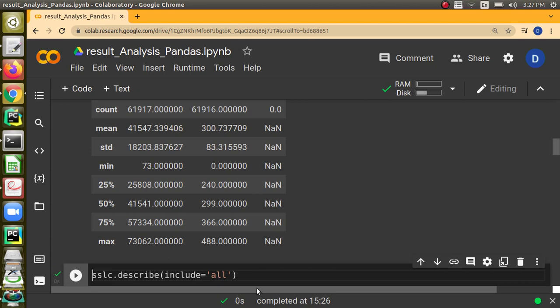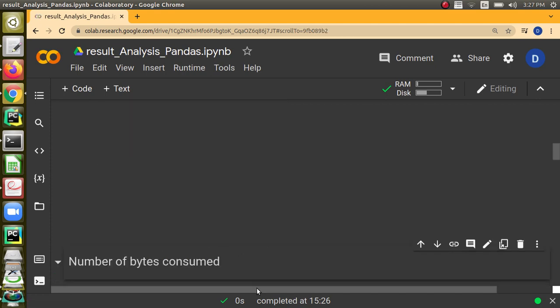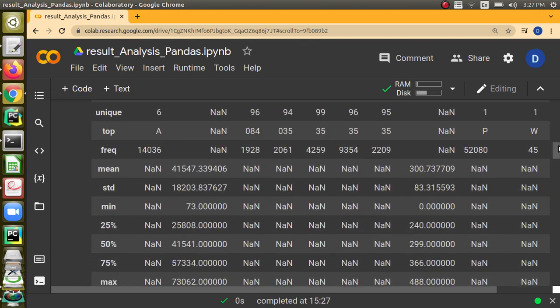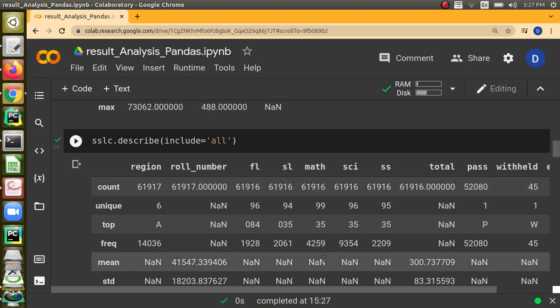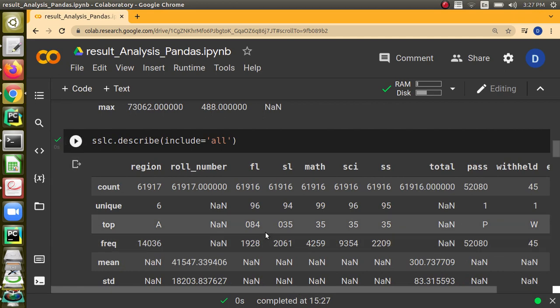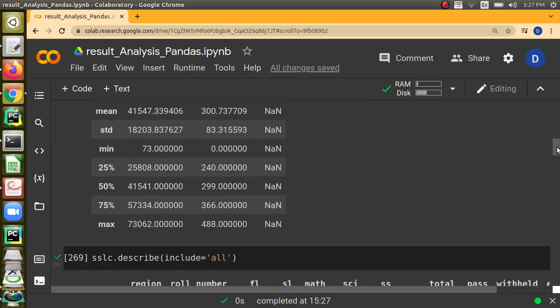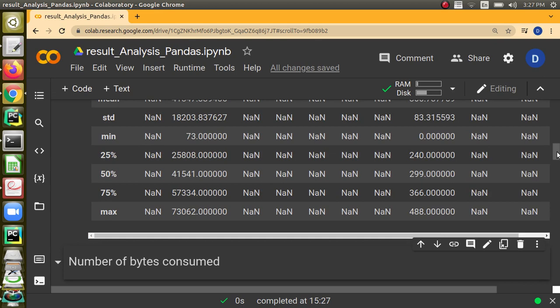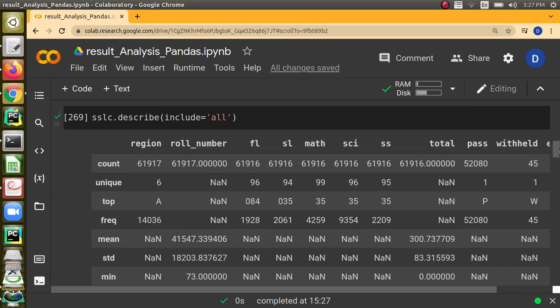You can also give another argument for describe, that is include equal to all. When you say include equal to all, it will give the statistical description about all the fields. You can see here there are totally 11 fields, so all details about 11 fields have come, and you will see that certain things are not applicable. For example, first language is a numerical thing. We will have count anyway, but top is not available for that.